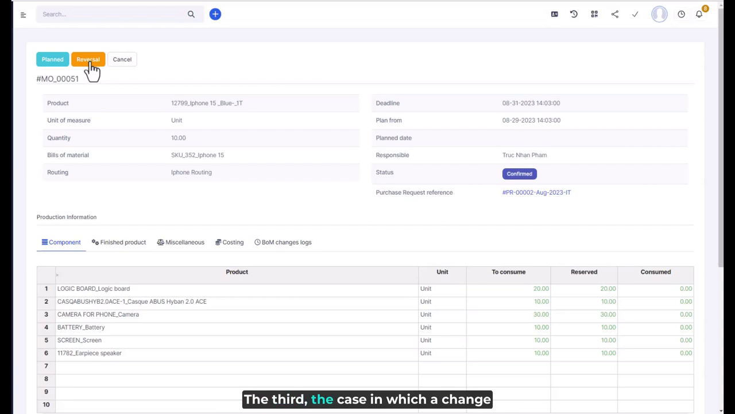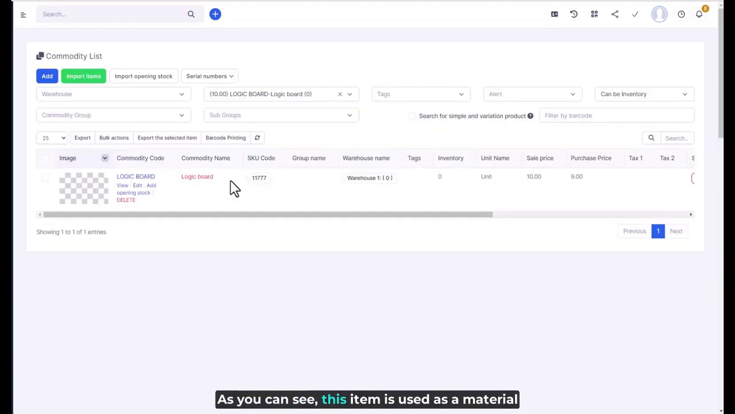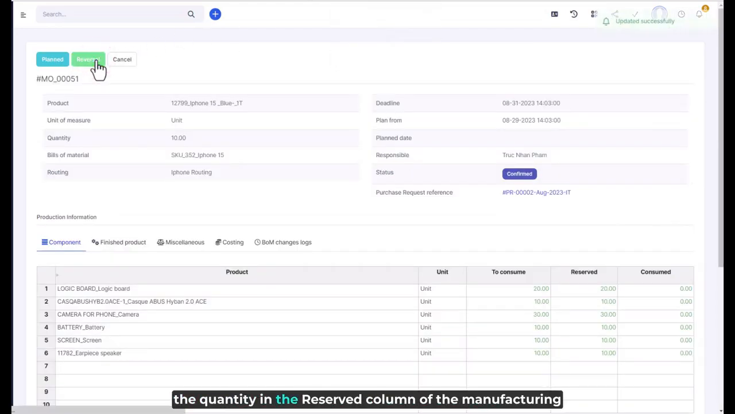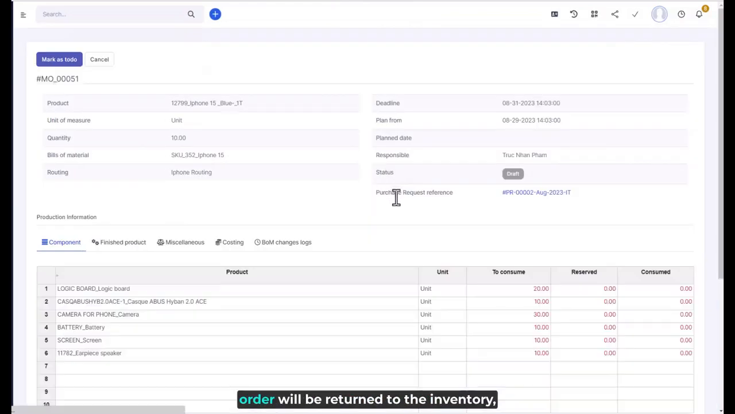The third, the case in which a change in order occurred, e.g. a decrease in order size or stopped order. The fourth, the case in which an urgent change in plan occurred after issuing items. As you can see, this item is used as a material to produce finished products and its inventory is currently 0. Now, if I click Reversal, the quantity in the reserved column of the manufacturing order will be returned to